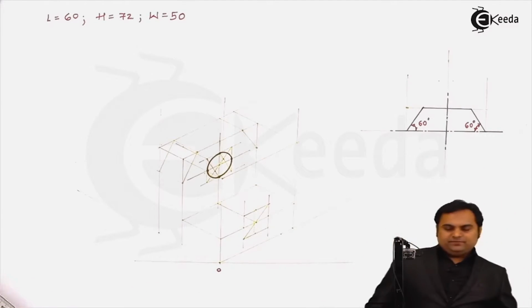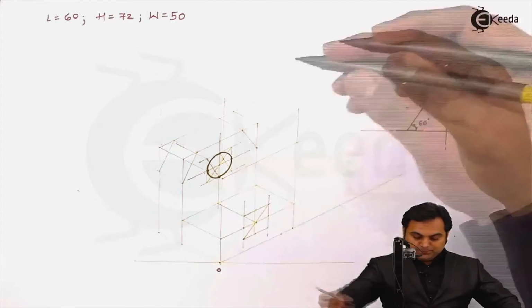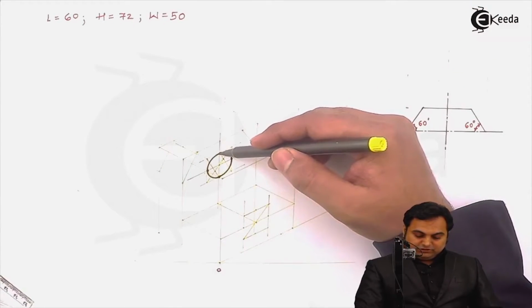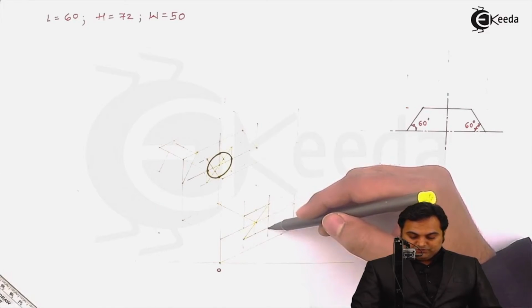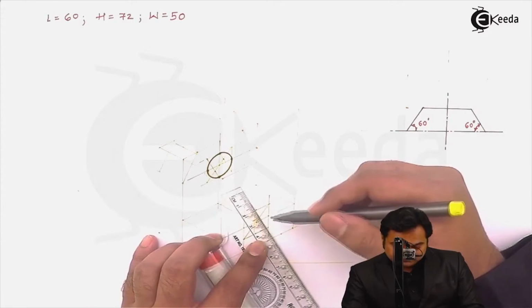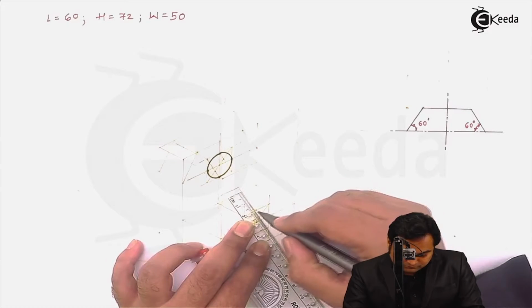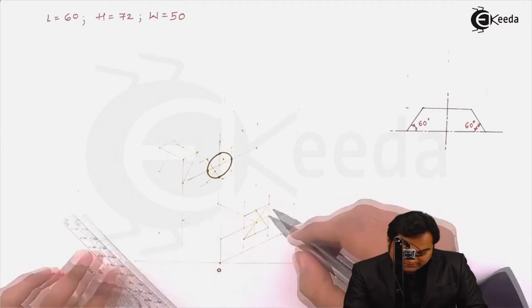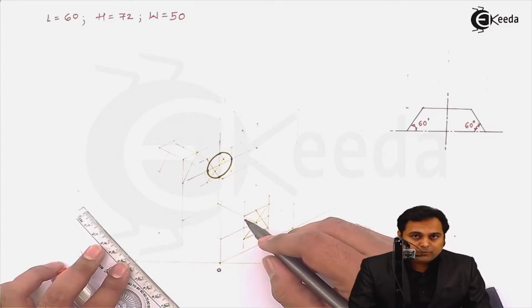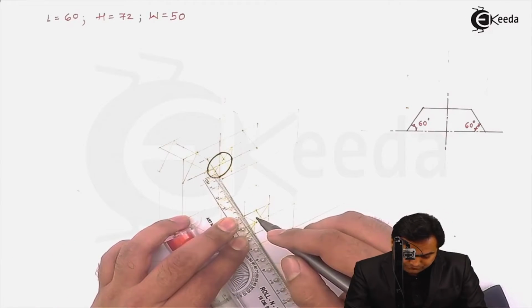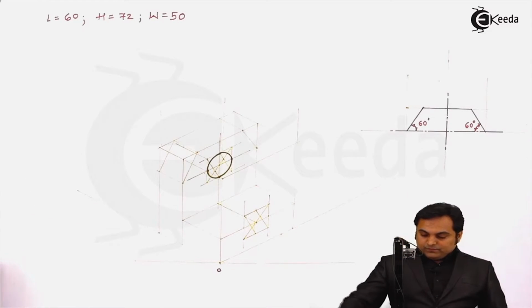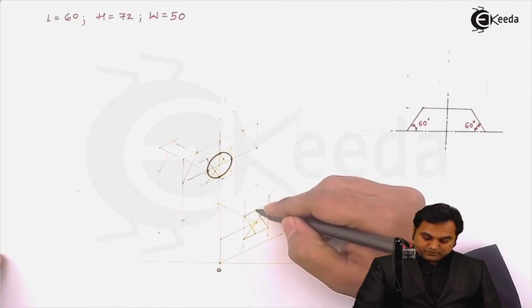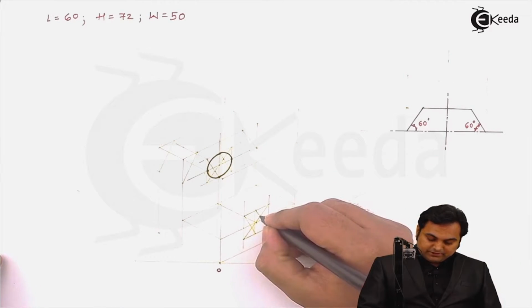Next, in a similar manner, here also, as I have connected for the circle the top midpoint to the bottom opposite corner, similarly this top midpoint will be connected to the bottom opposite corner, and the bottom midpoint to the top opposite corner. And now, where these two lines are cutting the longer diagonal, I am getting the two centers here,